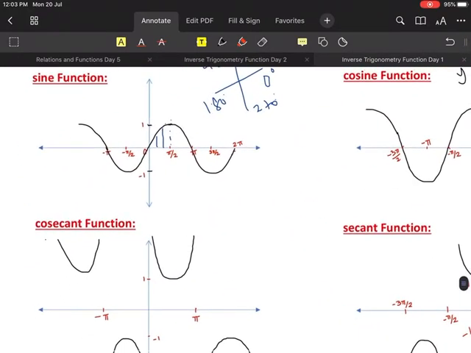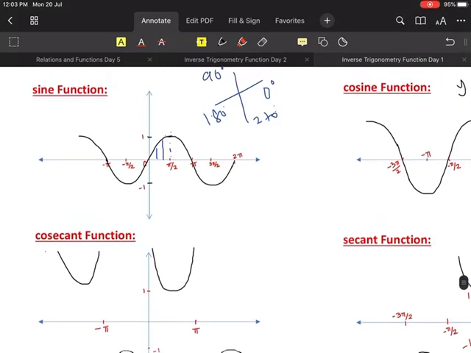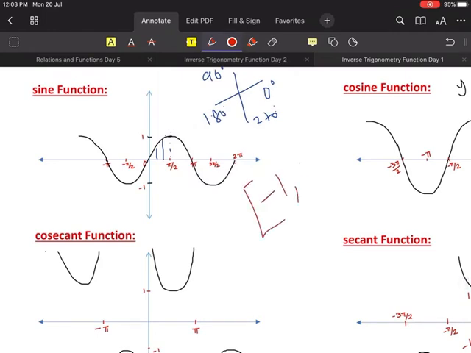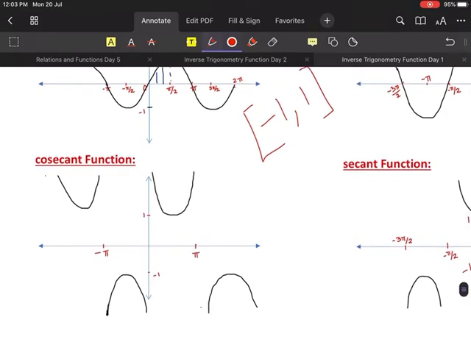So that's how we draw cos function and sine function. Now let's move on to cosec function. Now this is the most important part. For this one we have to relate. Acha, for cosec function, what did I tell you? What was the range of cosec function? Look, the range is what? -1 to 1, right? The minimum value, comma, the maximum value. Range is basically nothing but the minimum value comma the maximum value.